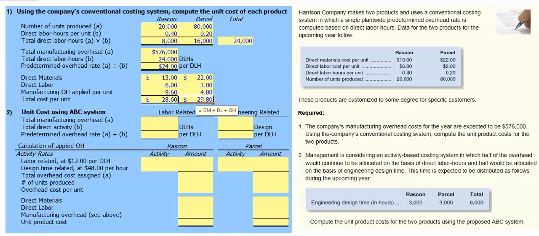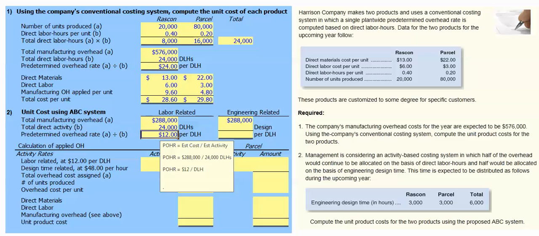would continue to be allocated on the basis of direct labor hours and half would be allocated on the basis of engineering design time. This means we're going to have two cost pools for our manufacturing overhead. We'll have a labor-related cost pool of $288,000 and an engineering design time related cost pool of $280,000. Our labor-related cost pool will continue to allocate on the basis of direct labor hours, which from above we calculated to be 24,000 direct labor hours, which means our predetermined overhead rate for labor-related overhead cost will be $12 per